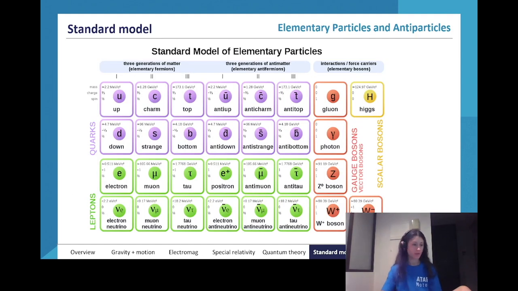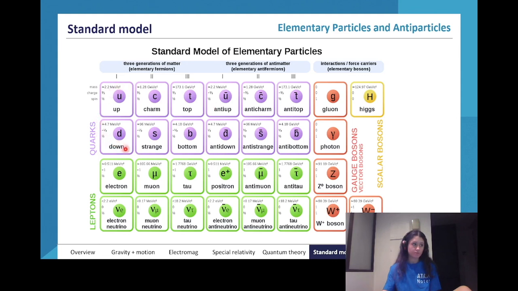So this massive table tells us about the standard model of elementary particles. I'm not going to go through all of these today, because it would be like telling you a big long list of names that you are never going to remember and is not going to be helpful to you. But essentially what we have is our